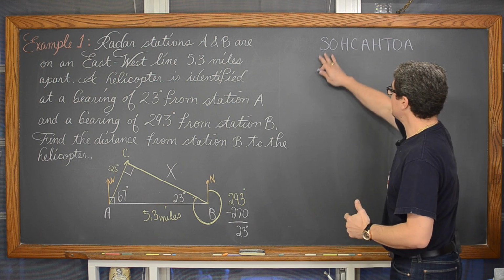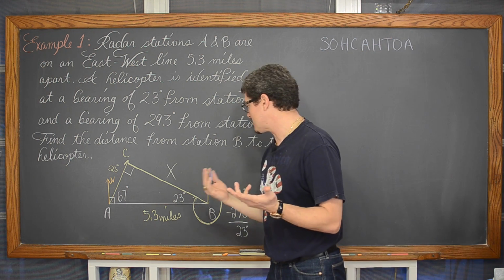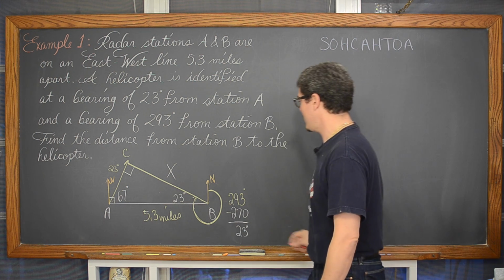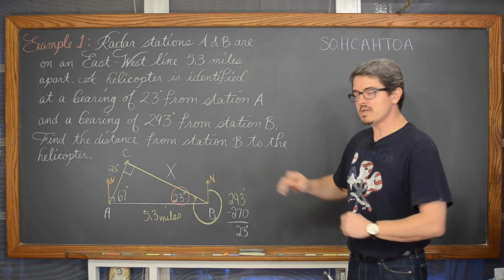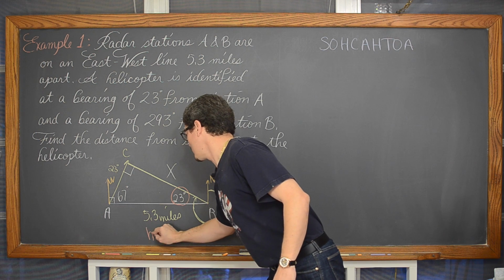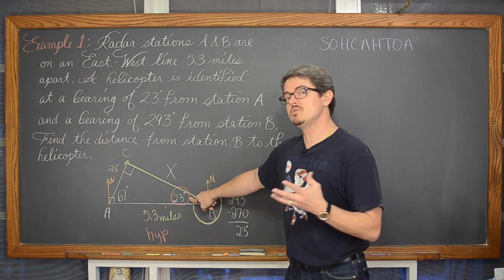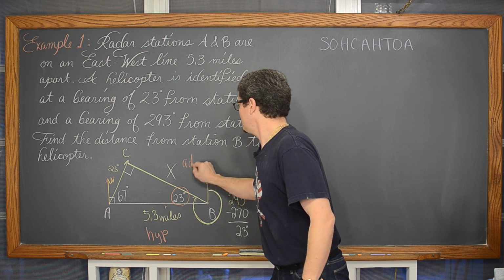And when you try to decide if you're going to use sine, cosine, or tangent, and you're doing right triangle trig, you need to decide what angle am I going to work with. Let's see. Let's highlight this in red. I'm going to use angle 23. It doesn't make any difference. Now, if I'm going to use angle 23, then the side opposite the right angle, of course, is always going to be the hypotenuse, and the leg that is helping to create that acute angle, or the one next to it, is the adjacent side.